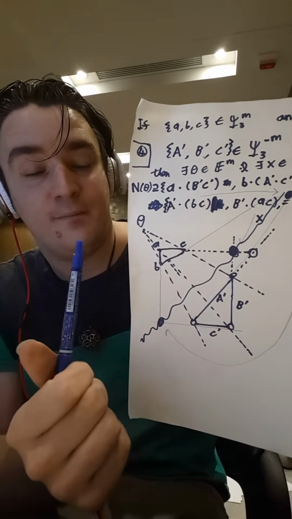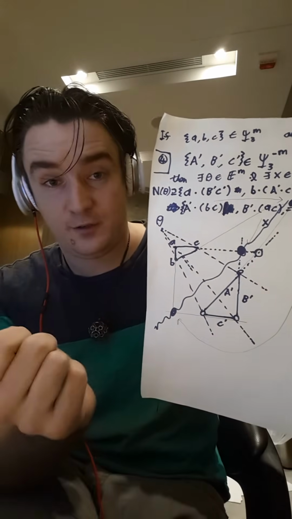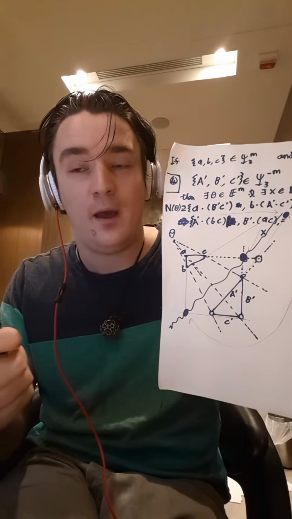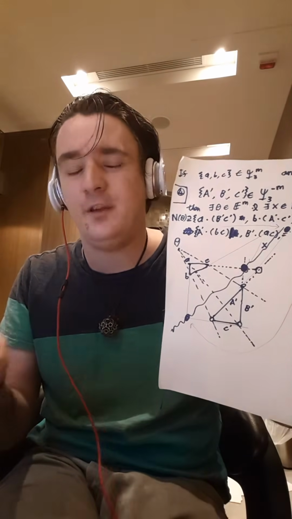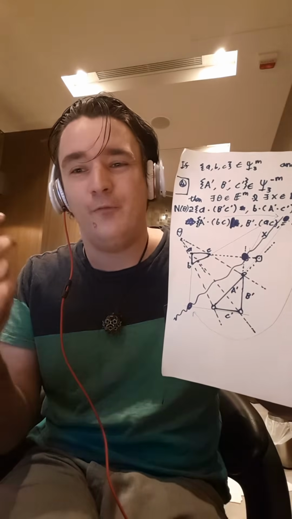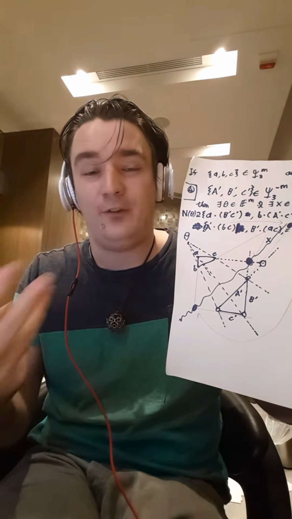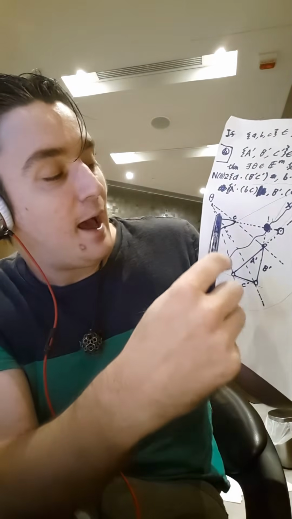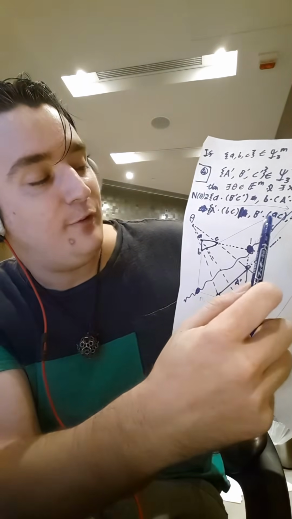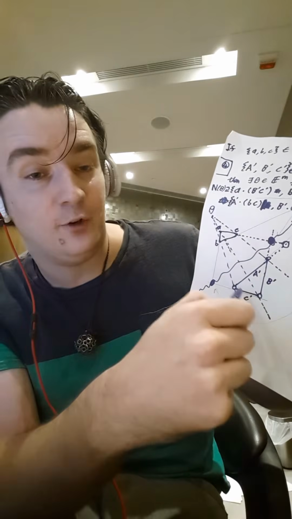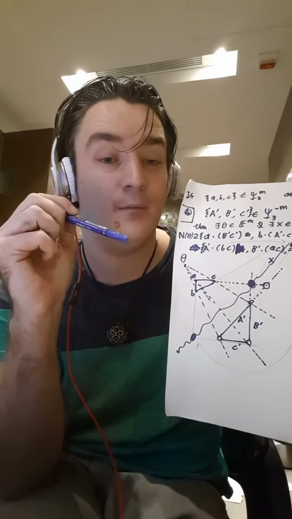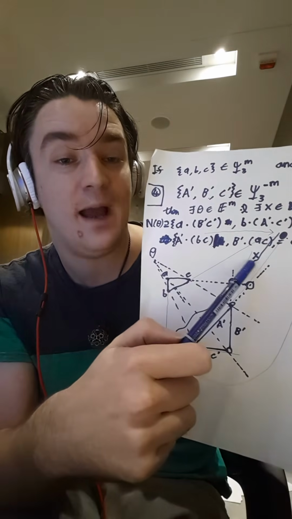So you can see that these 2 triangles are perspective from theta in this sense, and Desargues' so-called theorem, which we actually have to take as an axiom, it just turns out that you can't prove it from the other axioms that we want to use. So we're going to take this as an axiom. Anyway, the claim is that if we have these two triangles perspective from a point, then they must also be perspective from a line. In our case, here in this picture, the line is labelled capital X.